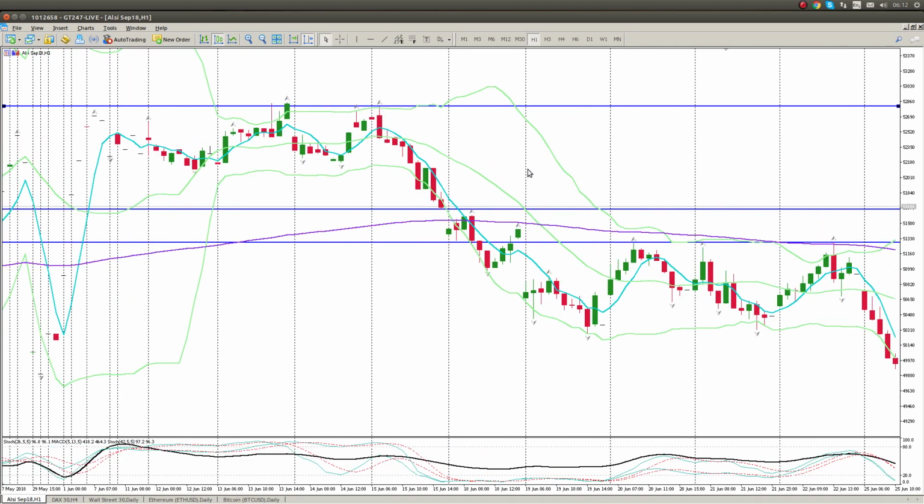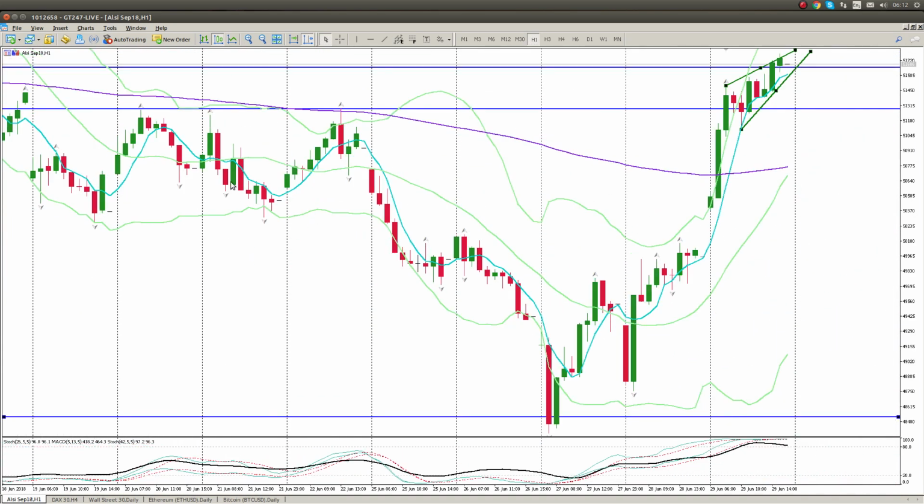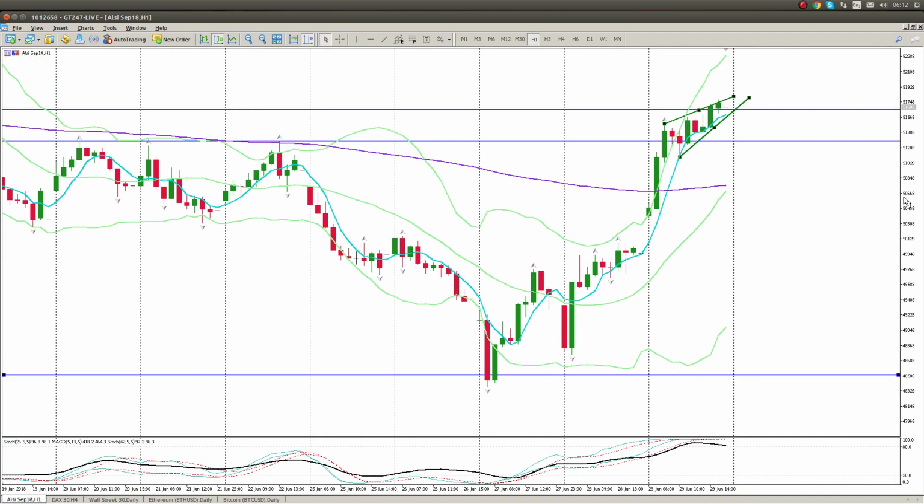Okay, top of range. So I would expect that we have some kind of a pullback. Okay, maybe wrong. It may just drop slightly and then continue up to the upside. This has been a strong move. It may just consolidate, but what I'm looking for is at least a retest of this breakout here. Okay, so this level that we're at here,